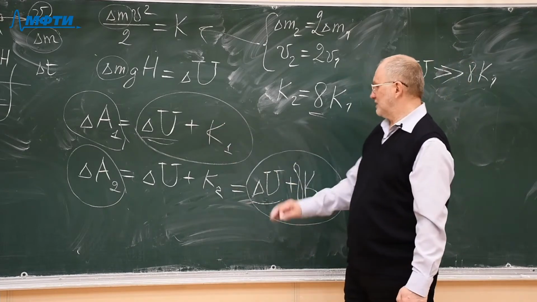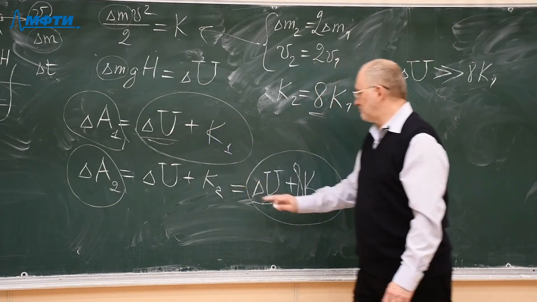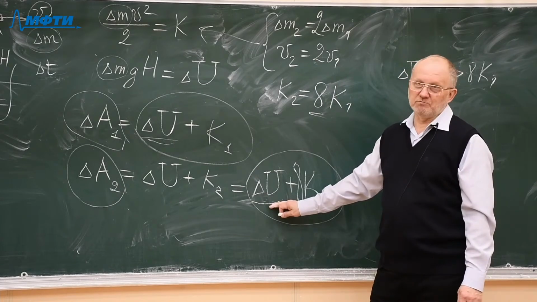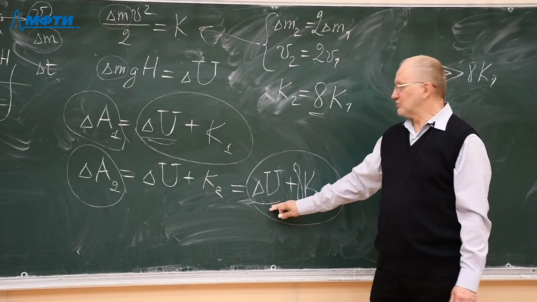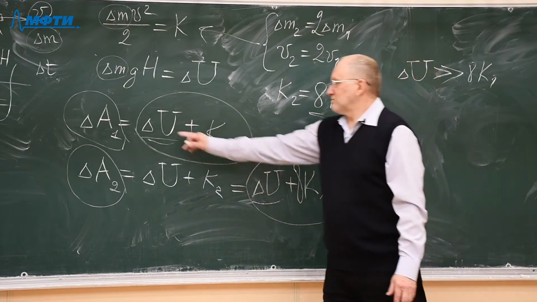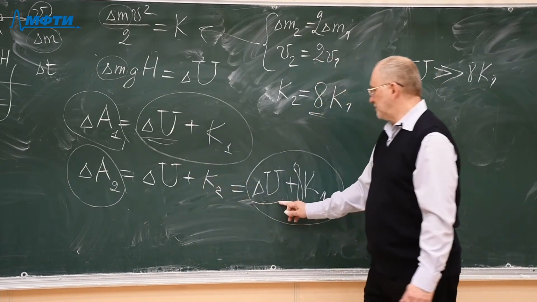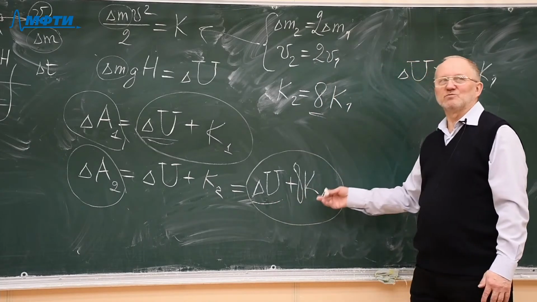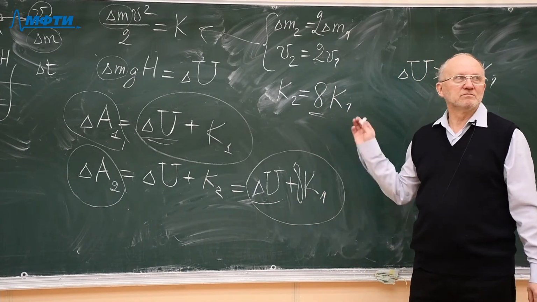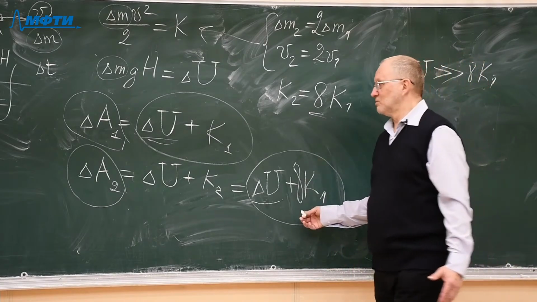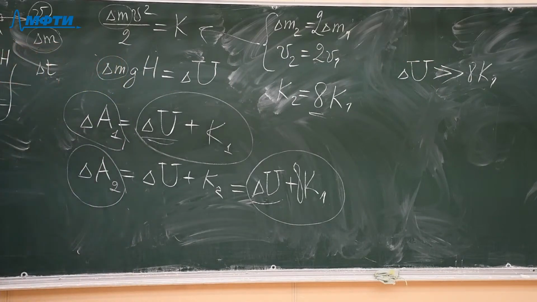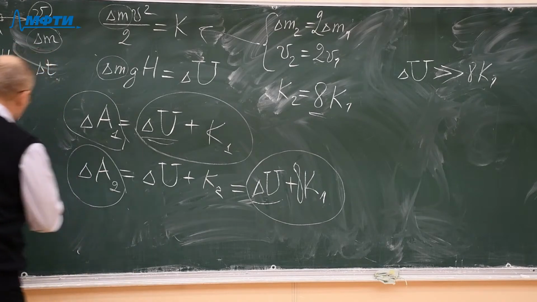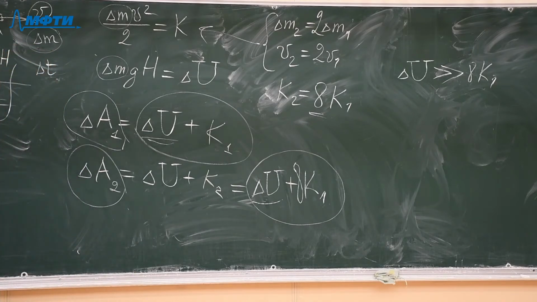And then we will obtain that the power of the pump practically remains the same, because it's lifting the water to the same height. The power will remain the same, delta U here and delta U here, plus some very small quantity, which is negligible by assumption. We assume that the height is very large and the velocity is very slow. We assume this situation to be true. In this first case, under our assumption,